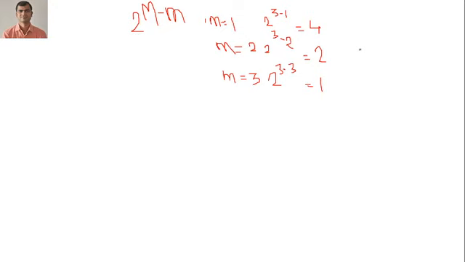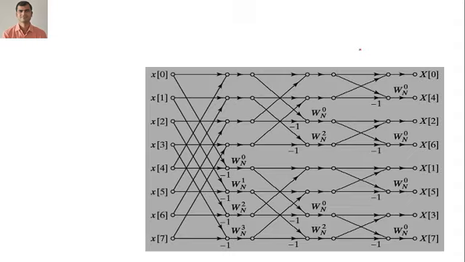Now I will tell you the basic difference between the flow of DIT and DIF. The DIT FFT algorithm and the DIF FFT algorithm are the mirror image of each other. When you have a DIT FFT algorithm, its mirror image becomes the DIF FFT algorithm. Now let's come to the point. Input and output for each butterfly are separated by 4 for stage 1, 2 for stage 2, and 1 for stage 3. Now see, this is my complete butterfly diagram.